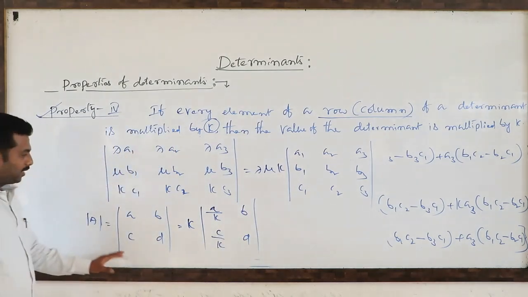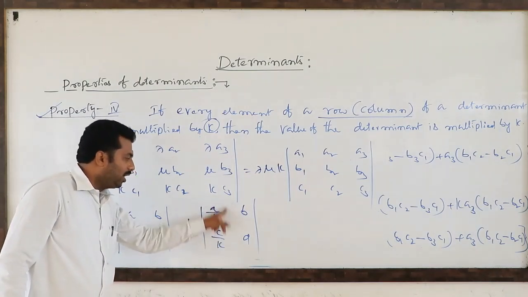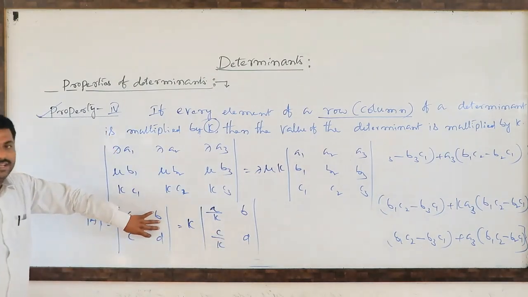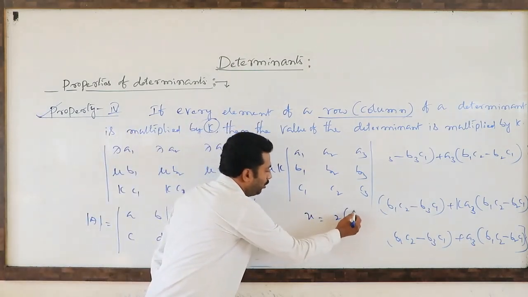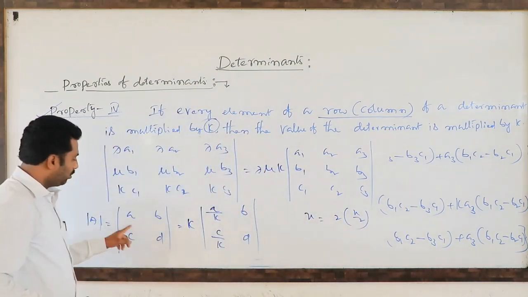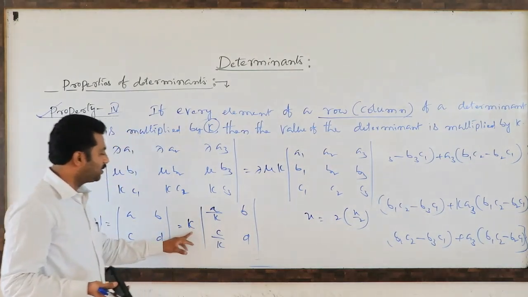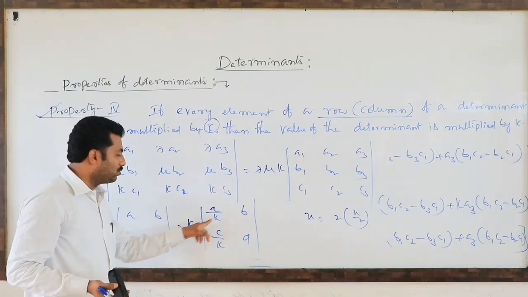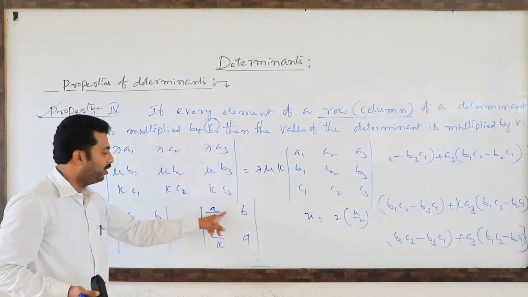You observe. Sir, why you are doing like that? See here, multiplying means any one row or any one column you have to divide. Multiplying, dividing, because determinant means it is a number. For example, x is there. Multiplying with 2 means dividing with 2 also we have to write. So based on this concept, if you want to multiply the determinant with non-zero constant K, at the same time you have to choose any row or any column. If you are choosing first column, all those elements are divided by what you multiplied here, K. Here you have to divide.